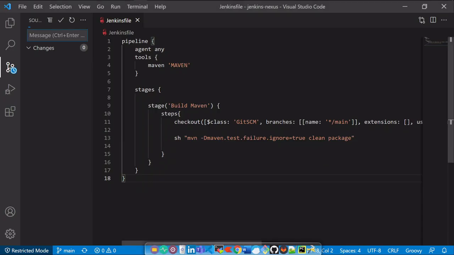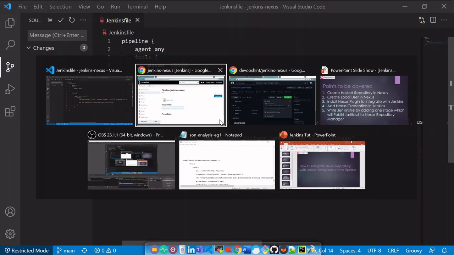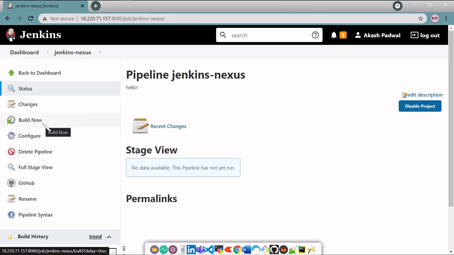So let's see whether this stage builds our Maven or not. Okay, so let's click on build now.